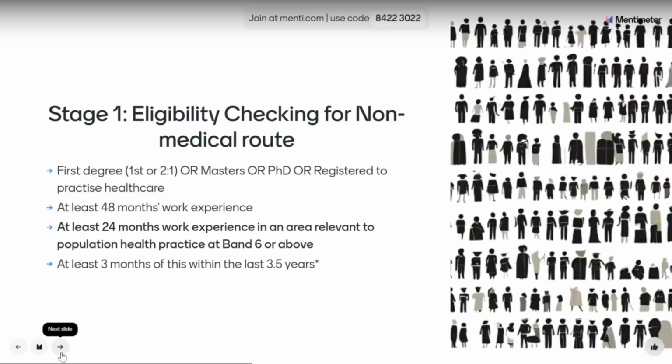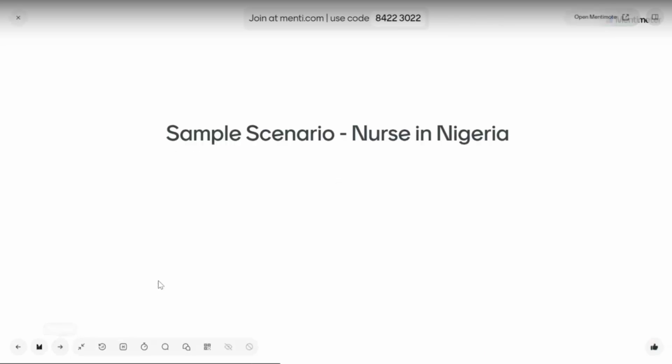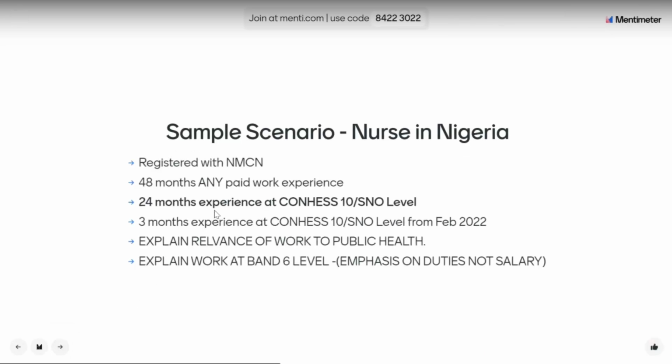I'll give an example. I know this can sometimes be complex, so I've put an example just so we can understand it better. So if a nurse from Nigeria is wanting to apply for this specialty training,